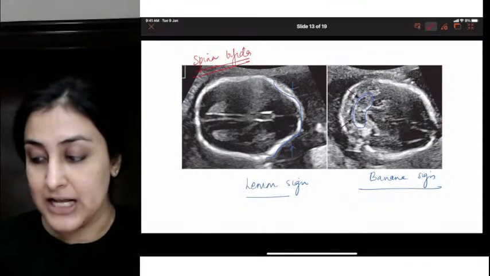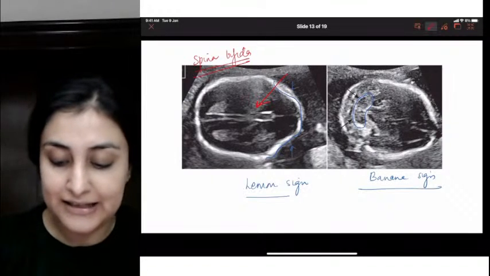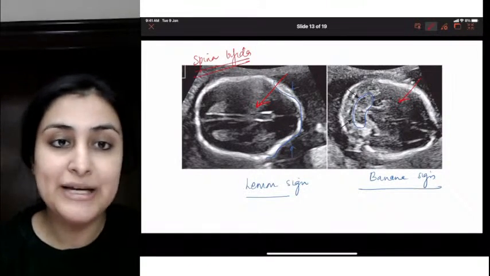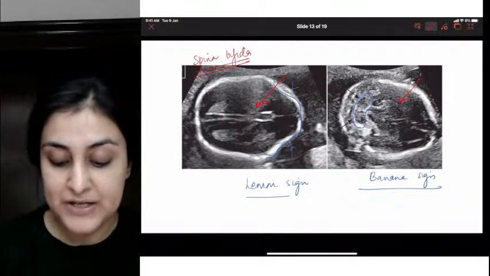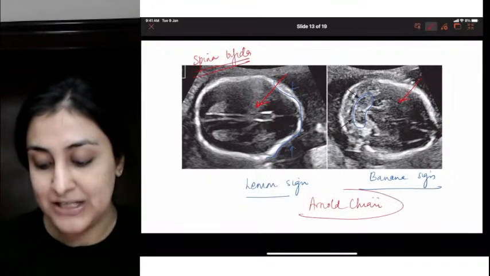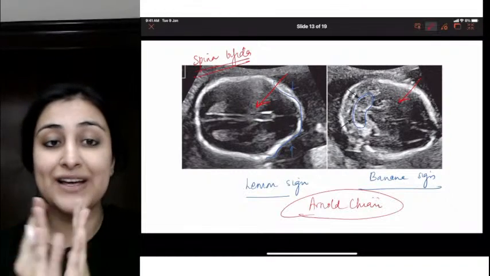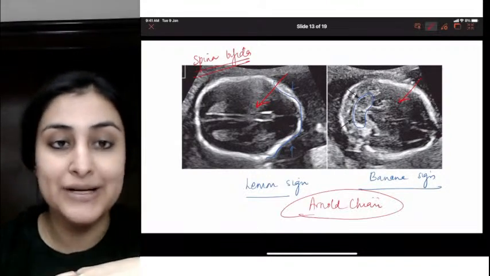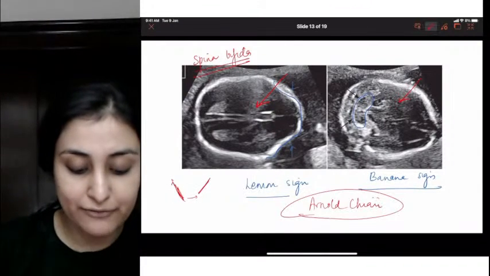Alright, so the correct answer here is definitely not anencephaly. What is this? If it is anencephaly, then what is this skull? What is this cerebellum? So it can't be anencephaly, where there is no brain at all. This is a brain that you are seeing. This is seen in Arnold-Chiari. So the intrinsic pathology in Arnold-Chiari spectrum is what? It is that the posterior fossa is very narrow. There's a lot of congestion, a lot of compression going on near the brainstem. All right. So at the cervicomedullary junction, basically, it's all very narrow.